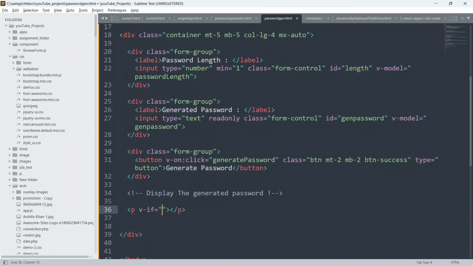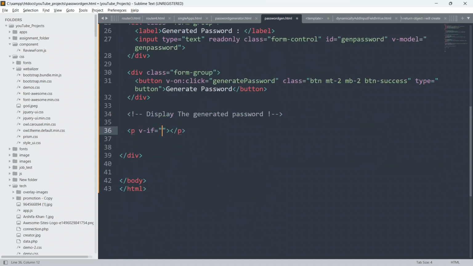Always remember, v-if and v-else is a directive in Vue.js which is generally used to show something based on certain conditions, certain results and output.